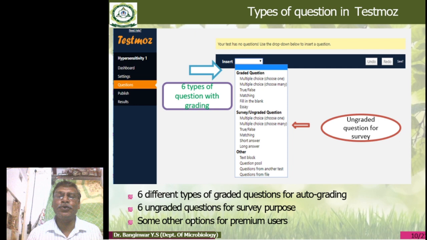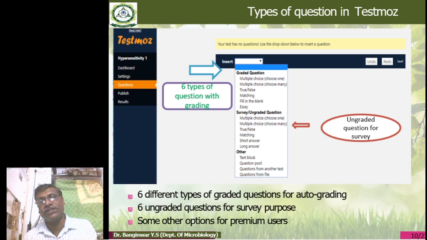And another one, this is for the premium. The questions can be pulled from a file; you can directly insert them. If your file contains hundreds of questions, we can't put all 100 questions here, and out of that 100 you only require 10 questions, so only 10 questions can be selected randomly.